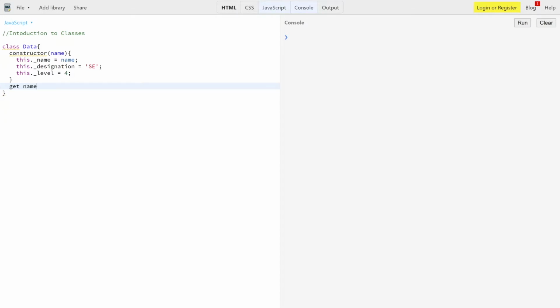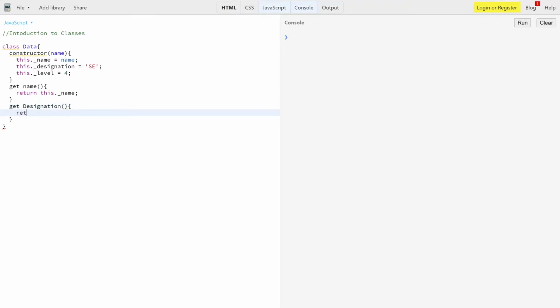So we have getName, which will return the name. So return this dot underscore name. I also want to return the designation, so we have getDesignation with no input parameters.